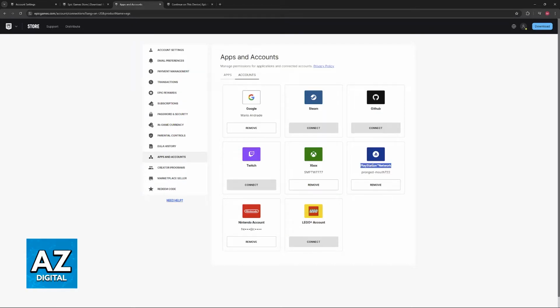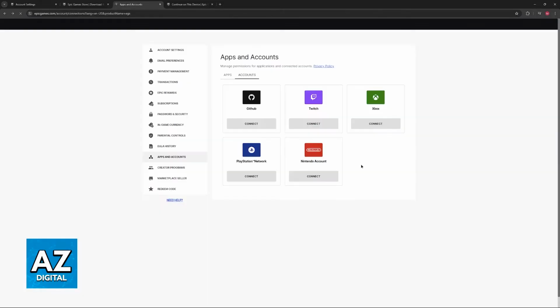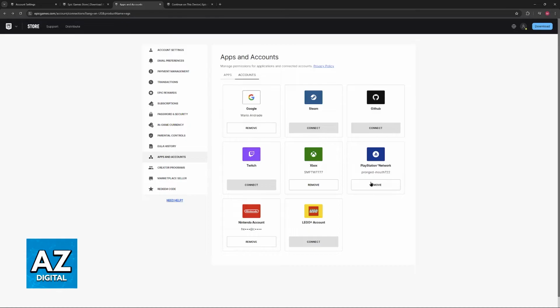So like I said at the beginning of the video, there are two main ways to connect it. You will be able to do it through this page, and all that you have to do is click Connect under PlayStation Network. You will be redirected to another page where you can authorize this connection, and they are going to be linked. Now, if you use the same Epic Games account when you go over to your PlayStation 5 and you boot Fortnite, you will be able to get all of your progress and log into the game immediately.